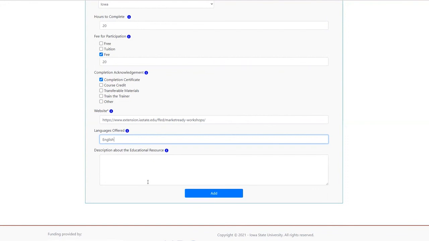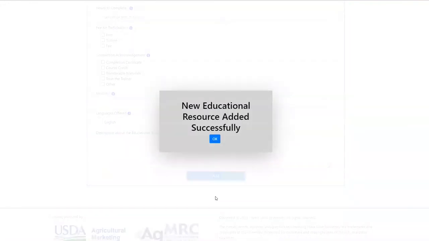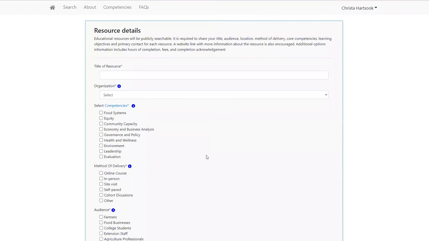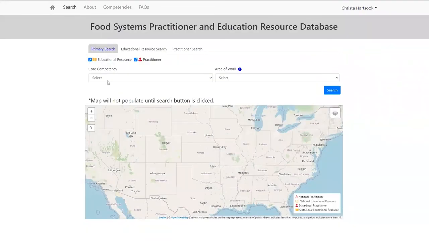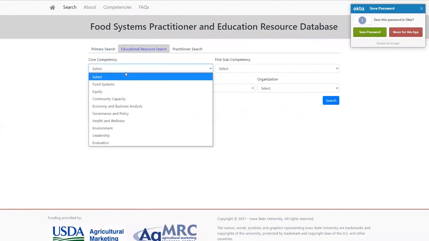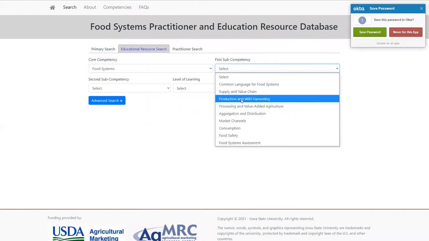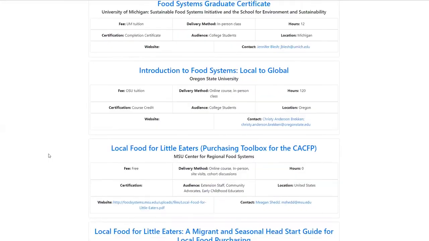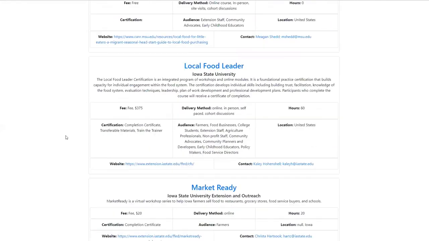Then you can add a description. Once you hit add, you will see this new educational resource added. Hit OK, and you'll get an email about that. And then if we want to see it, we would go back to search. So now that I've added that resource, we're going to come back to search just to show you that it pops up right away. Again, you could also go through educational resource. So we would find it in the food systems production because that was one of our main categories. And we see it pop up